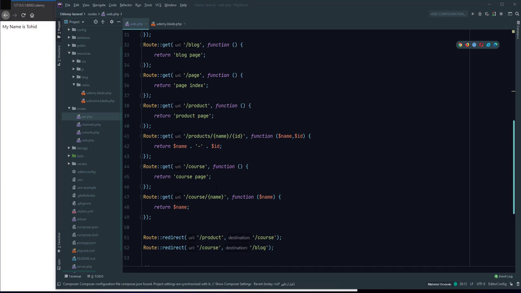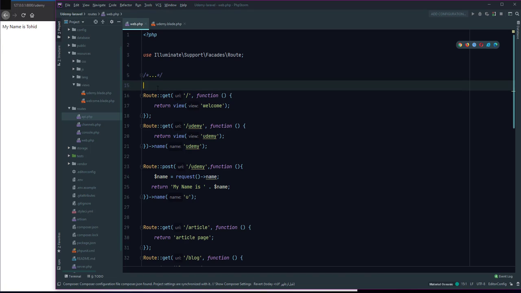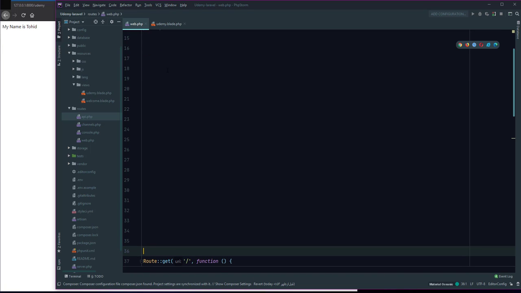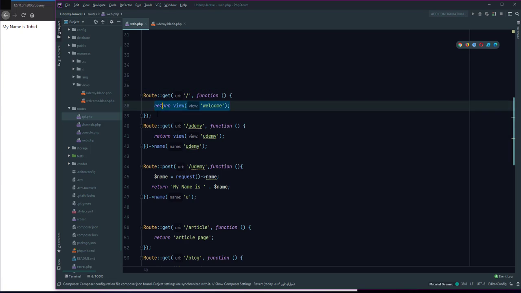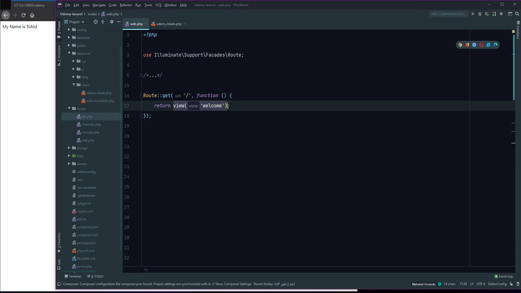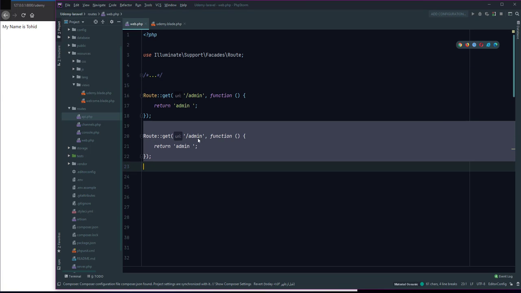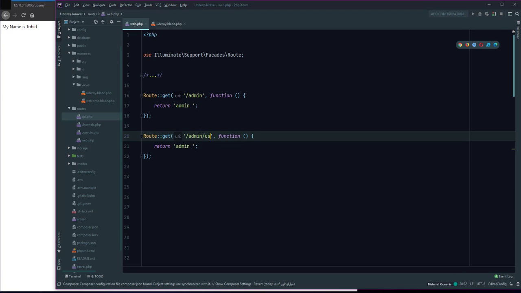In this lecture, I want to cover the route prefix. We define in this, copy, admin. I want to define admin and define other admin users